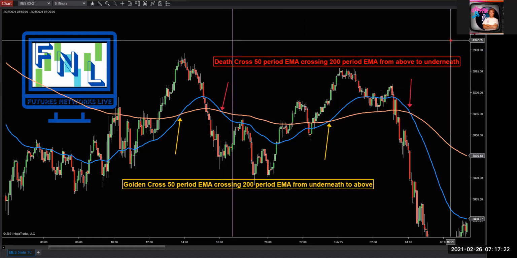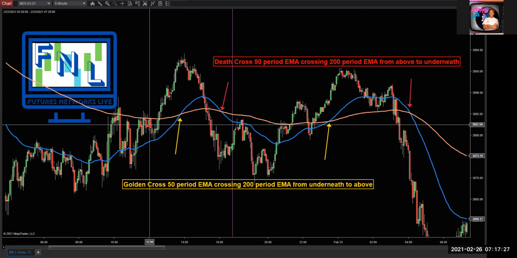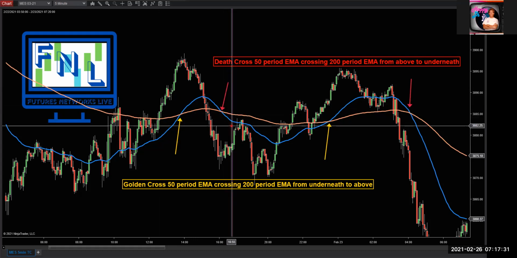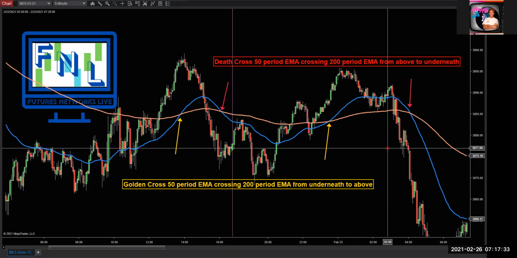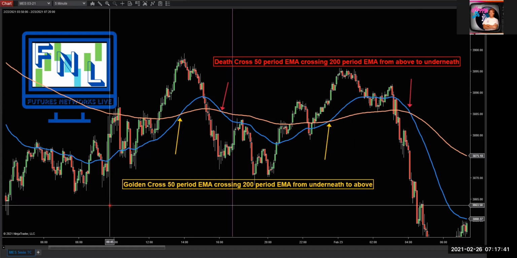With AI or artificial intelligence, a lot of the algorithms use this specific 50 and 200 with all different periods to help accomplish more profitable trading. I think it works best in longer term, meaning on a daily chart or an hourly, and sometimes we use the 4-hour. So look this over, practice with it,